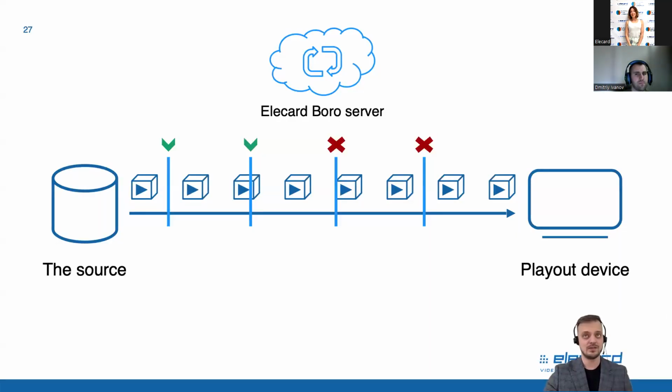Now, as we move along, let's return back to our example. As I said, Boro consists of two parts, the Boro server and little probes. Our probes will never, ever in any way affect your stream. This is not their intended purpose. Probes are only for monitoring. They do not alter, they do not change anything in the streams. It is not a solution to fix a problem. Boro is a system to monitor. So your stream will never be delayed, no matter how many probes you install, and your system will never get bogged down, nothing like that. Boro probes are used only for monitoring.